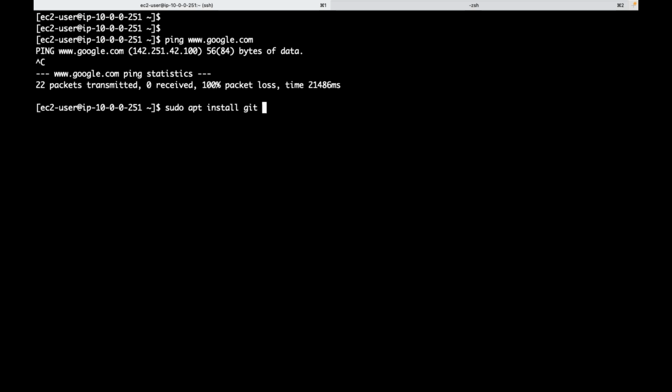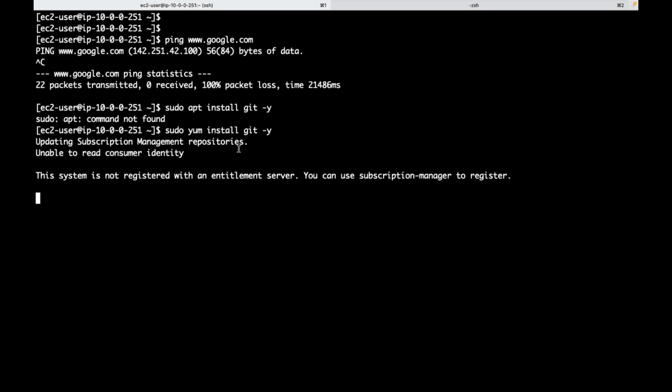install. I'm trying to install some software directly. Sorry, it is not apt. This is yum because it's a Red Hat machine. So I'm trying to install some software directly from internet package managers. Do you see? Is it working? No. There is no route to the internet from this private server because this